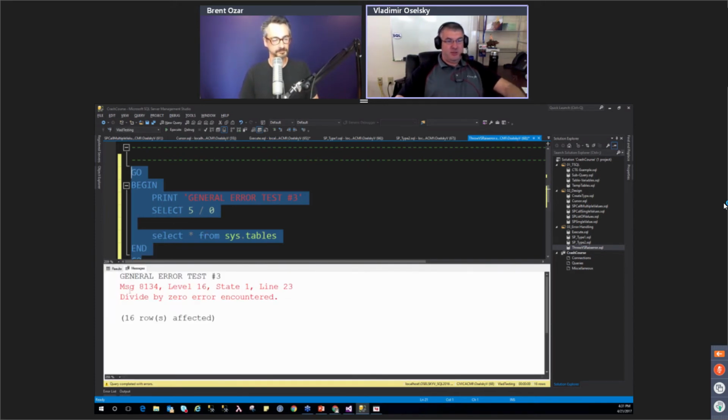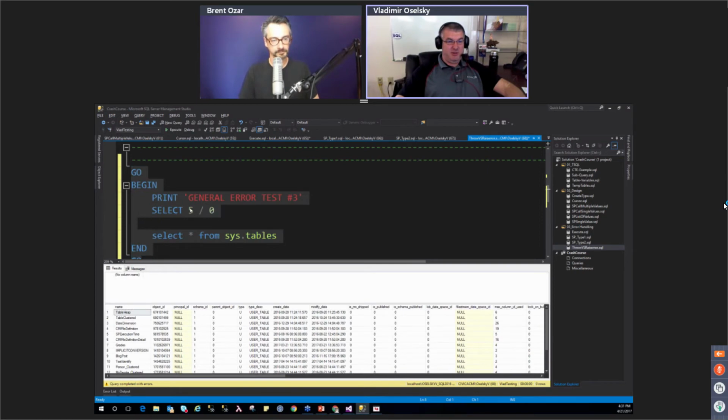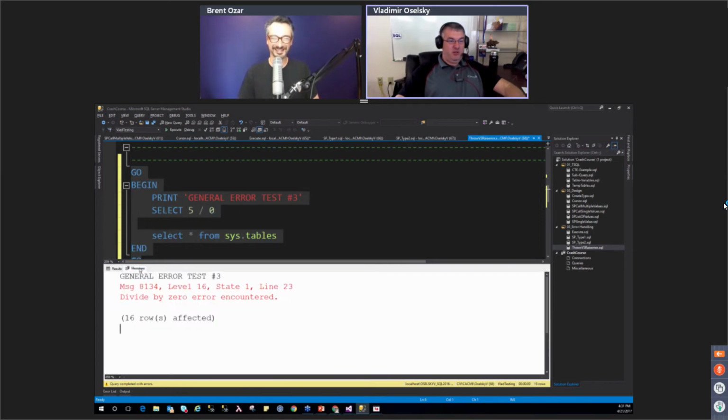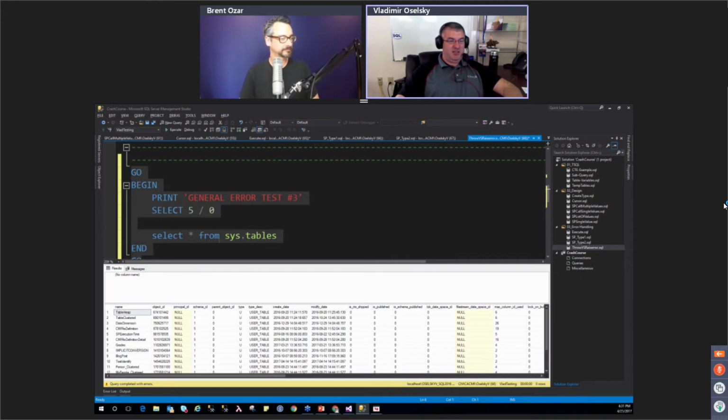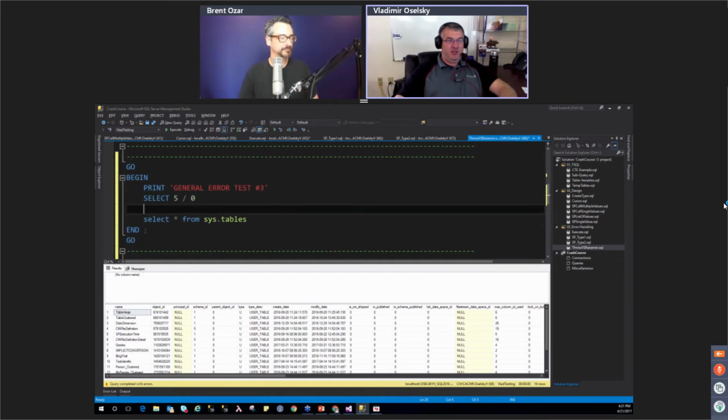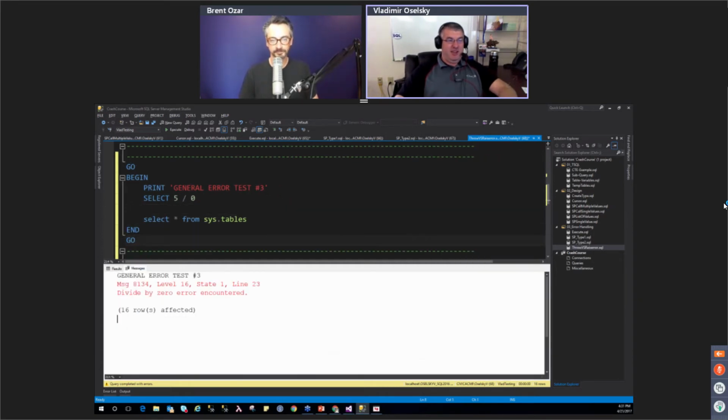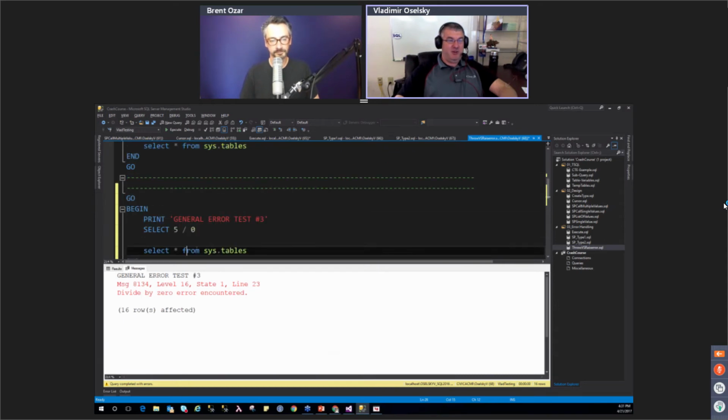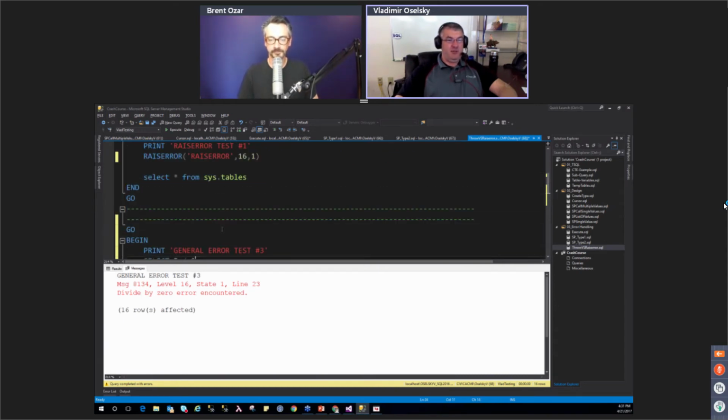So here we're just doing some simple division by 0, which will give us an error, but execution still continues. I'm not sure why Microsoft decided to do it, but with raising the error, you get the same behavior as you would if your code generated an error.